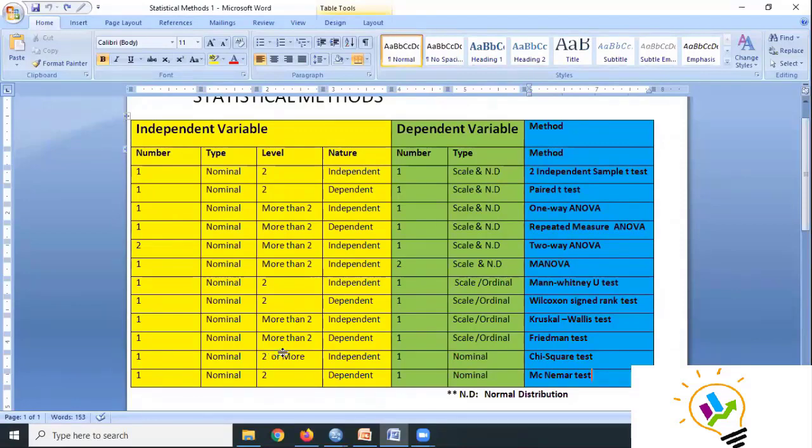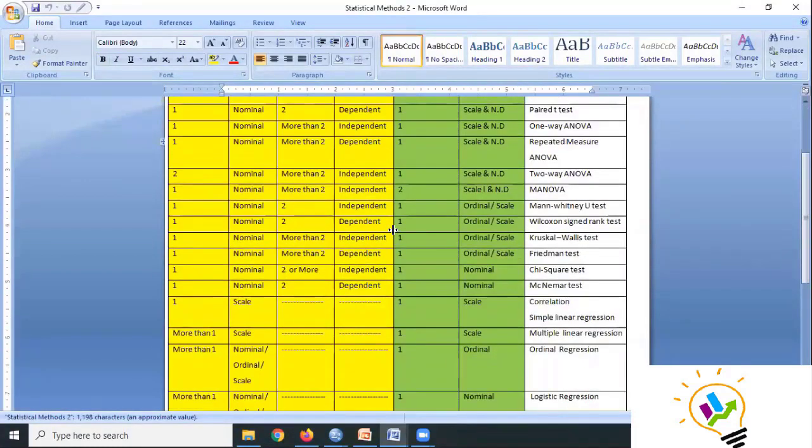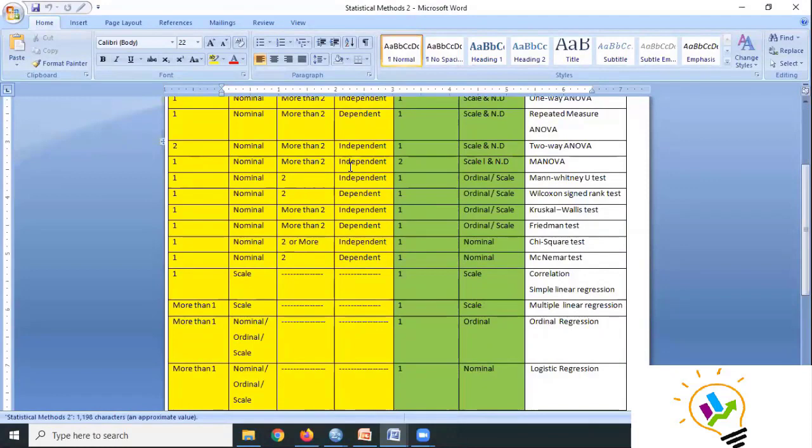Okay, sir. Is it fine, madam? Yes, sir. Now, if the independent variable becomes scale, then what test should be used? If the independent variable is scale and the dependent is also scale, then we are using simple linear regression.